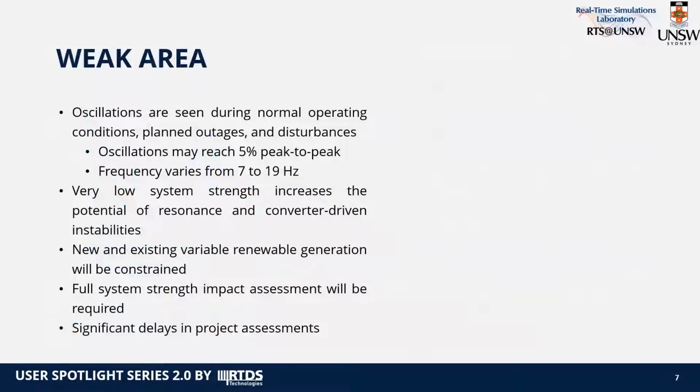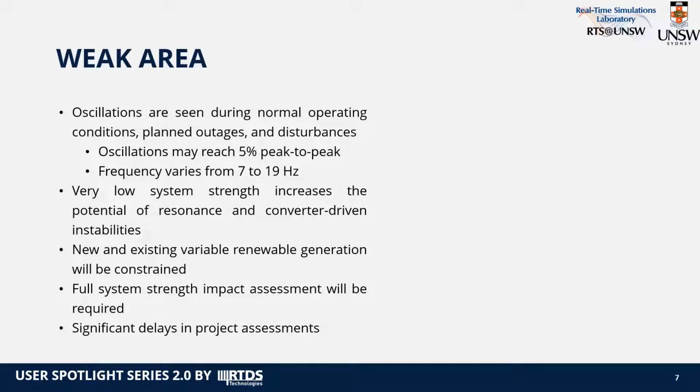Oscillations such as the one presented in the previous slide have been observed on several occasions. Furthermore, they have been seen during normal operating conditions, plant outages, and disturbances. Voltage oscillations may reach 5% peak to peak, and their frequency may vary from 7 to 19 Hz depending on system conditions. Even though the transmission system operator doesn't know the source of the oscillations,